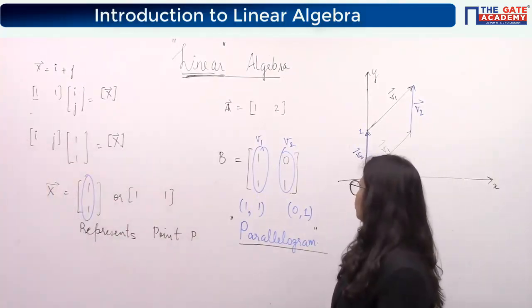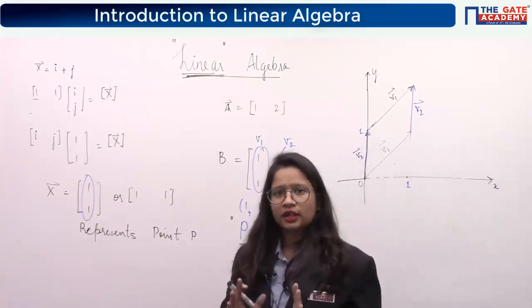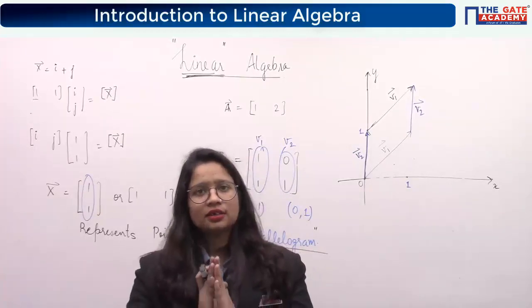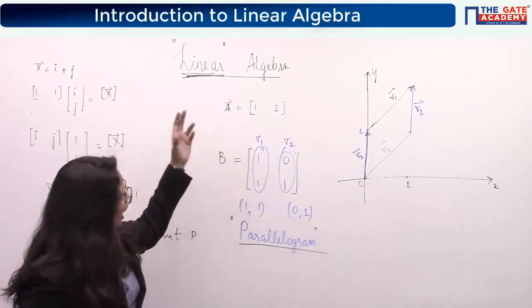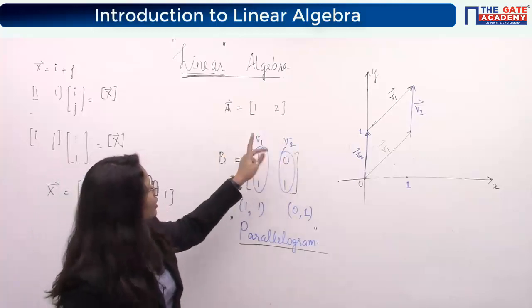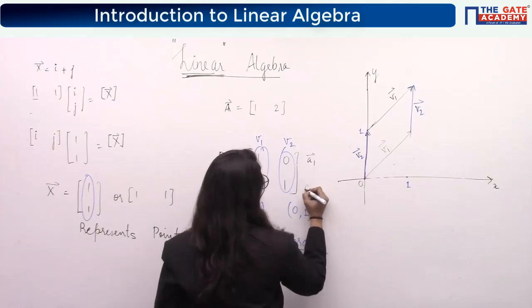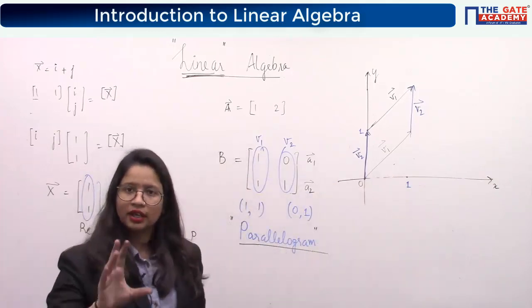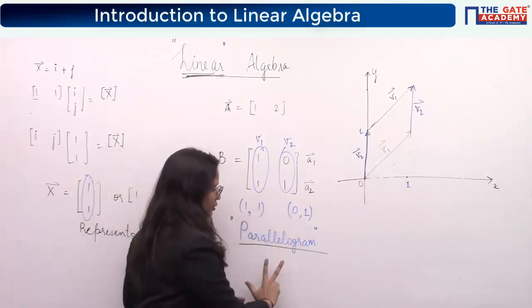So take (1, 0) and (1, 1) as the two points. Again it will represent a parallelogram, but this time the vectors will be different. That depends on where this matrix has come from. I have considered that these two are the vector representation. You can say that these can also be your vectors a1 and a2, and again you will be able to draw the parallelogram. The thing I needed to tell you here is that the combination of two vectors will give you a parallelogram.